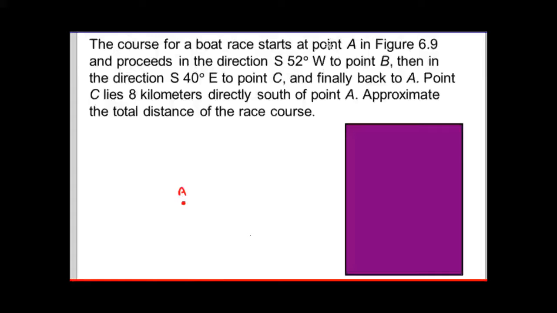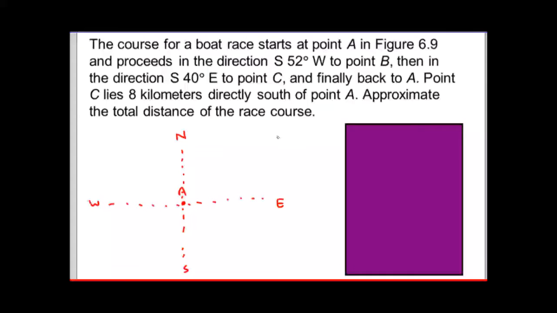So it starts at point A, proceeds in the direction south 52 degrees west. So I'm going to sort of do a broken dotted line. This is my compass, right? North, east,